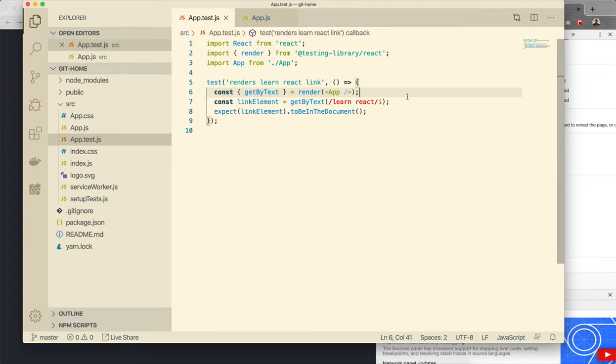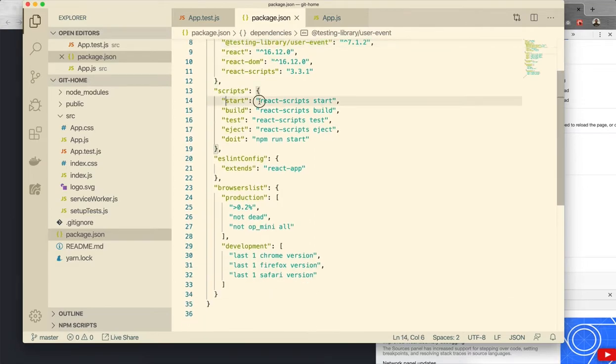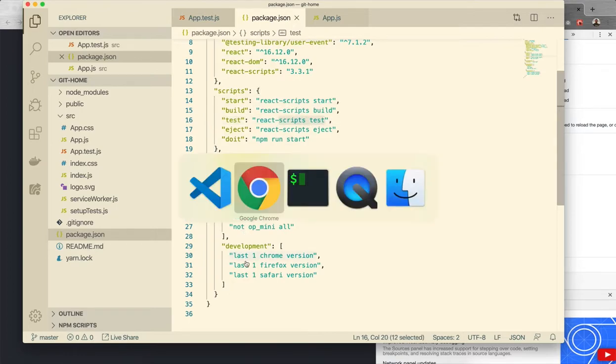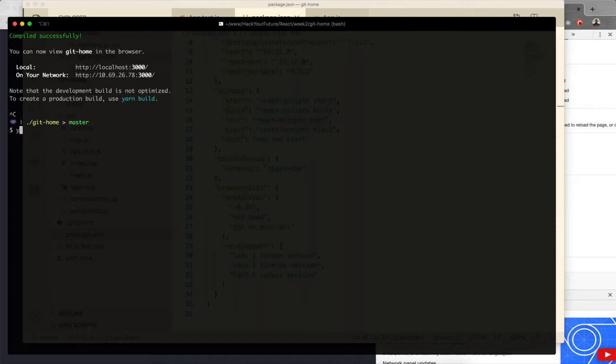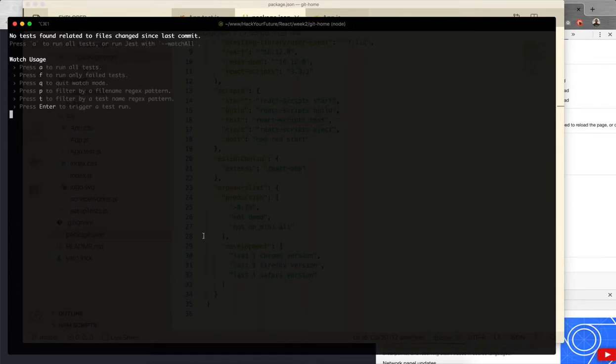And how do you run that? With the scripts, as I showed here. So there is a script for start, a script for build, and a script for test. That basically runs react-scripts test. So if we try yarn test, it shows this pop-up message so that you can actually write something and then run tests again. It's not really hot reloading like the website, but it's a bit similar. Then we say run all tests,